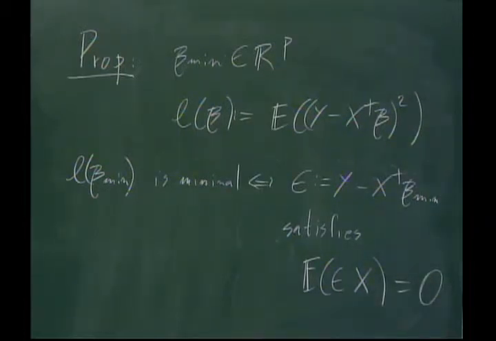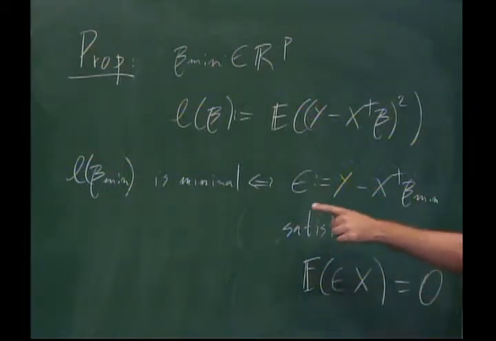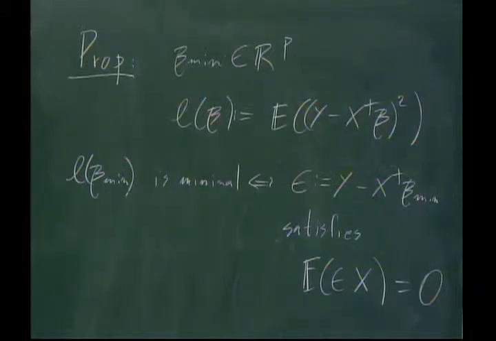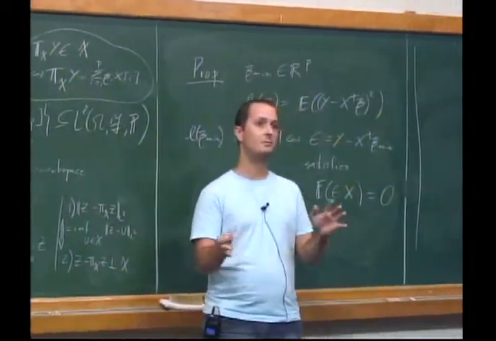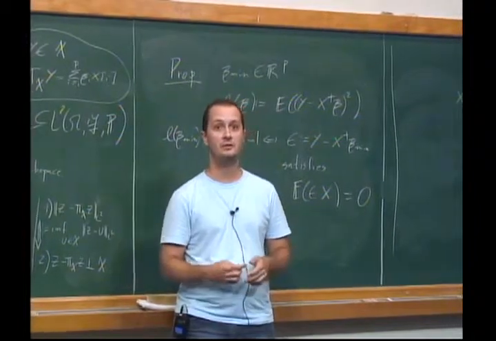And I have to be clear about what this means. Here we have a random vector. Here we have a scalar. So when you multiply a random scalar by a random vector, you get another random vector. And you can ask what the mean of a random vector is, right? I'm saying that if this is 0, it's because beta min minimizes the loss, and vice versa. I mean, this is essentially a version of this thing here: if you take y and subtract the projection, this is orthogonal to the space.